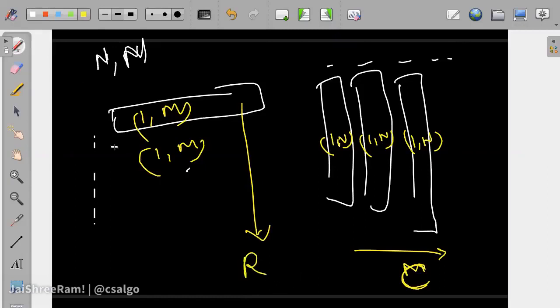Okay. So this is what we are maintaining, and in total the number of variables is just r plus c, or n plus m. This is what we are maintaining. So initially this much time is taken to insert all of them, right? Something like this. Okay. Now each move.